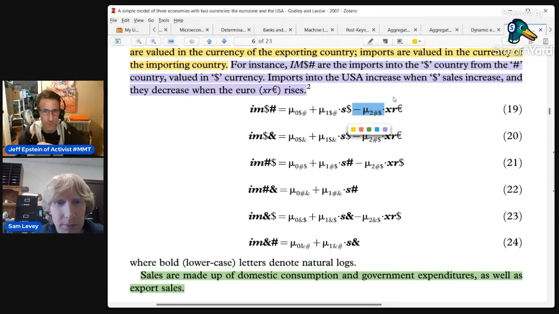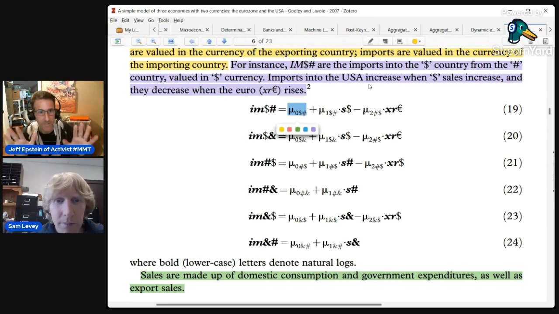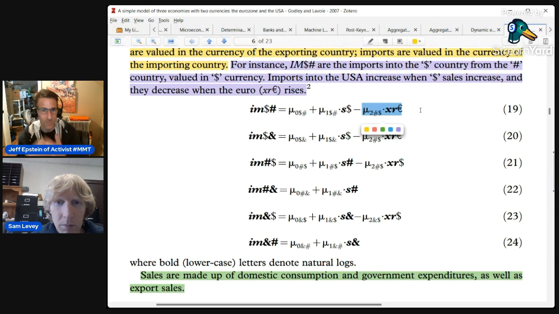The first one doesn't quite fit in, but it's like a constant term, right? So the second, if I have this much in sales, then that's my fraction, or whatever the number is, that's the fraction that determines my desire for imports. And same with the exchange rate for euros, that's the proportion that I'm going to be calculating. Like if it's 2 and mu is equal to 0.25, then I'm going to be importing 0.5. That's what I want to do. I'm just choosing to do that.